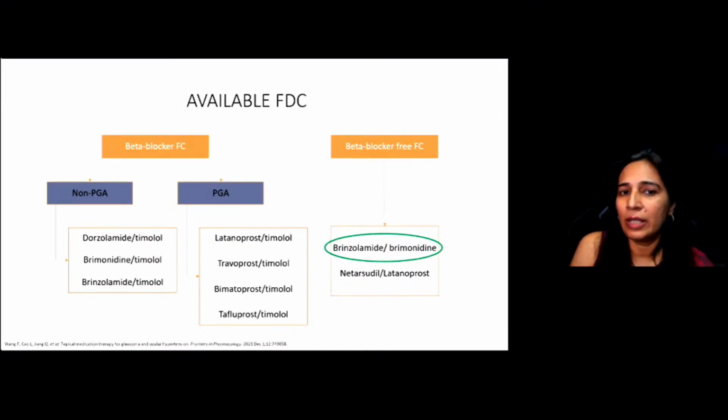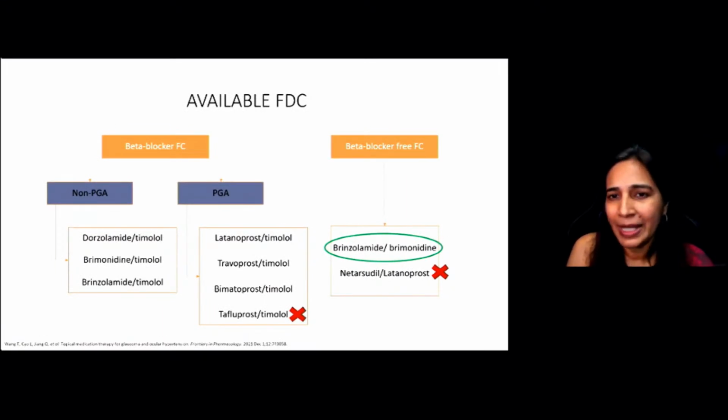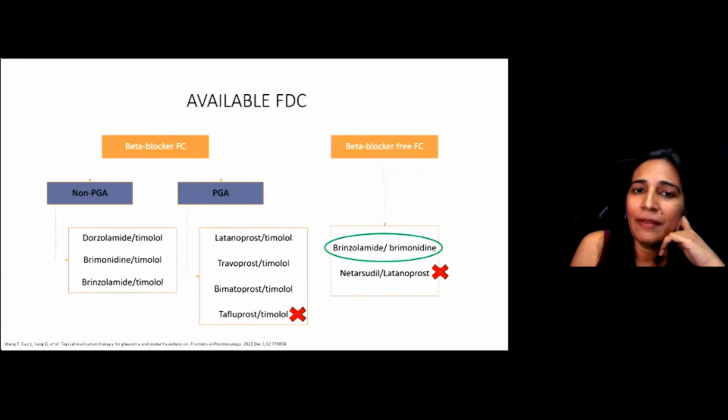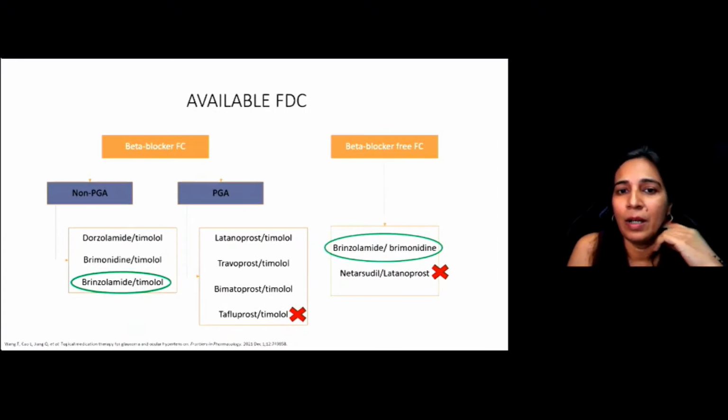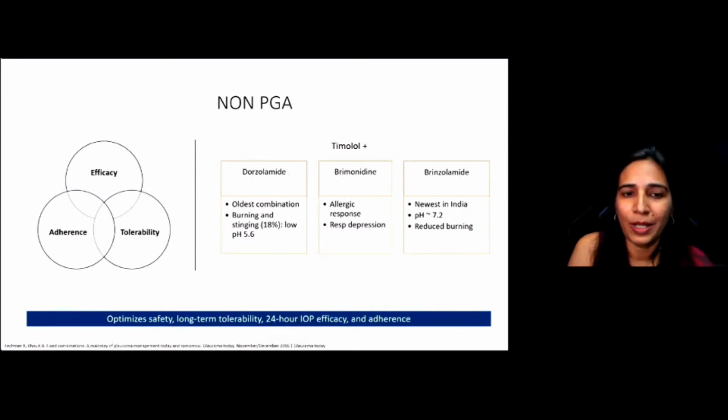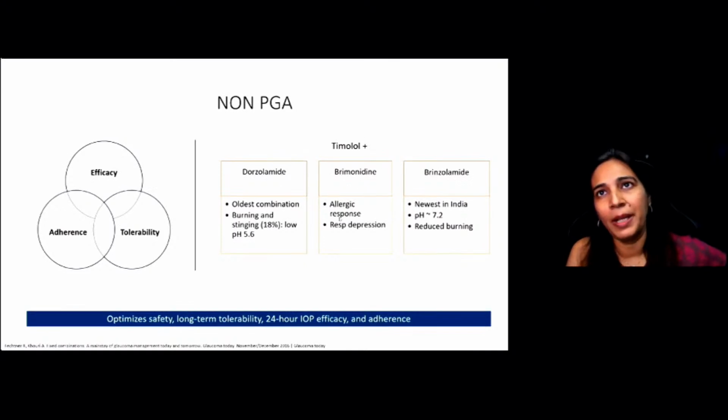And of the FDCs that are available globally, we have access to almost all of them except the combination of netarsudil with latanoprost and tafluprost with timolol. The only beta blocker free FDC that we have is brimonidine with brinzolamide that is available to us. The non-PGA FDCs include timolol with dorzolamide, brimonidine, and